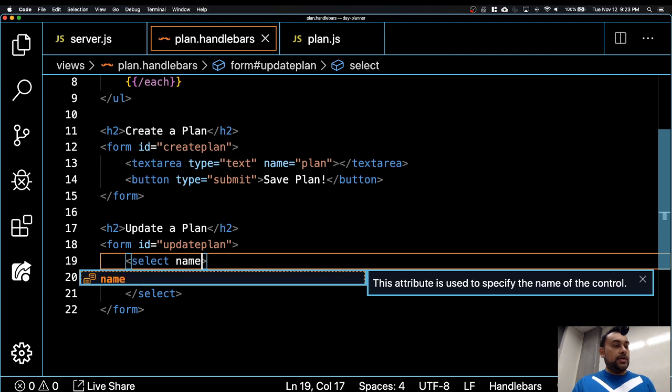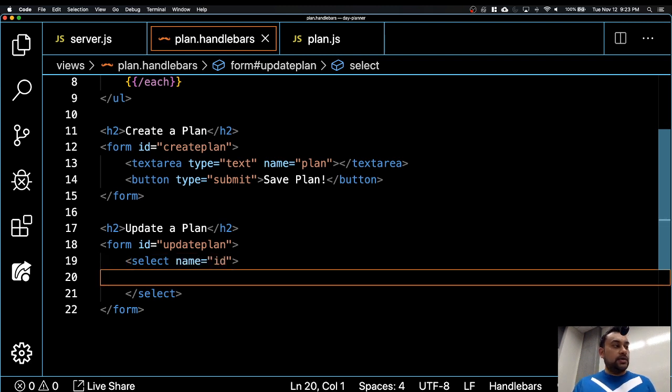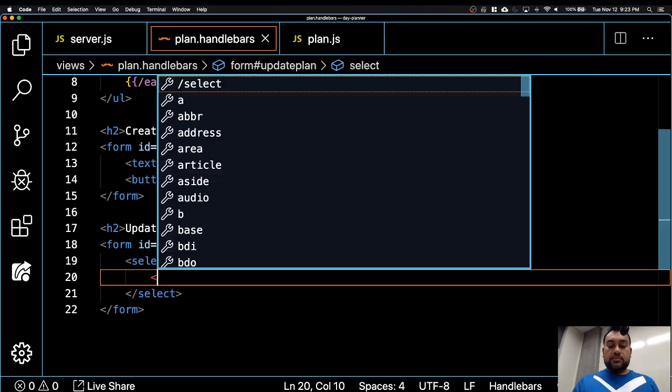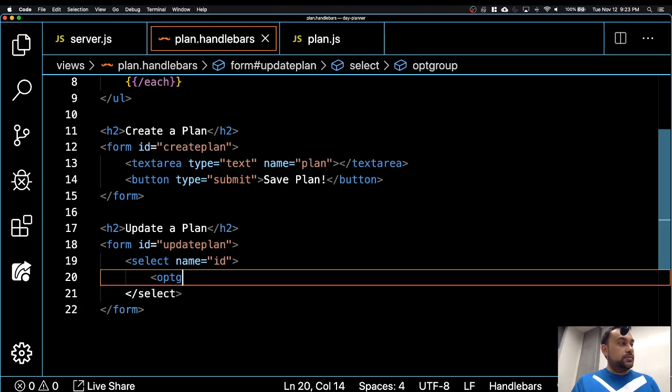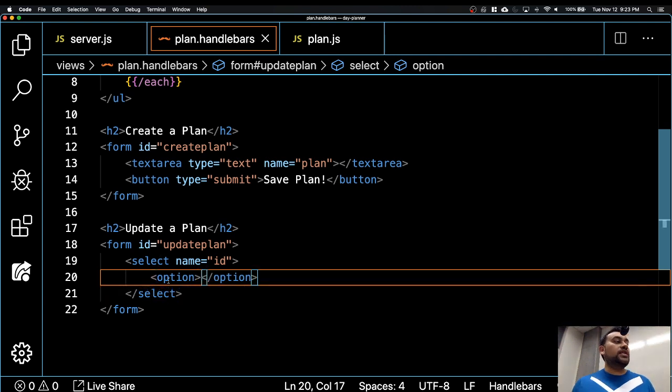Let's give it a name. Let's say ID. Option. Again, if you haven't, look at W3 Schools, select and options. This basically creates a drop down. I'll show you how it renders. Basically, it takes these options, each value, and in the drop down you will see each one of them. So what I'm trying to do is create a drop down with all the plans that are already existing